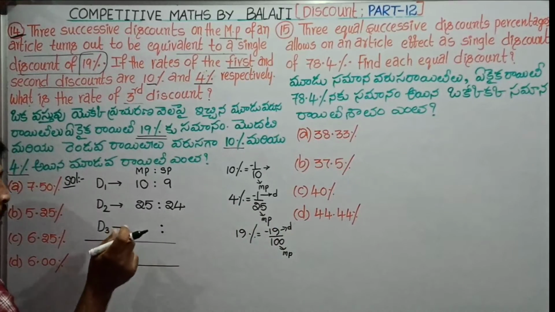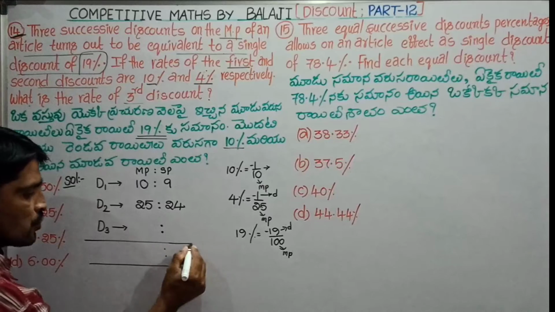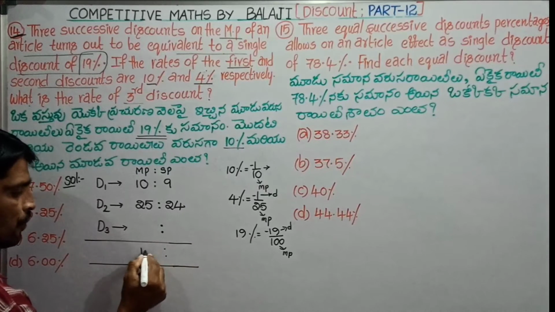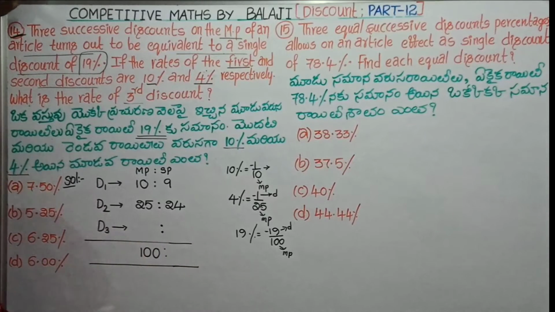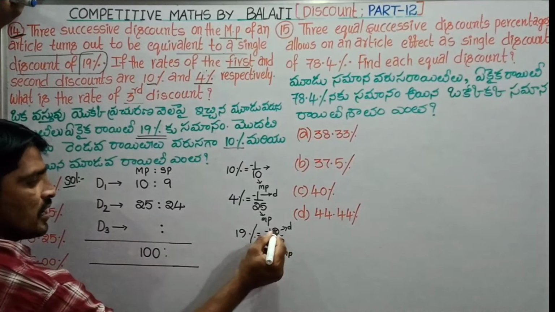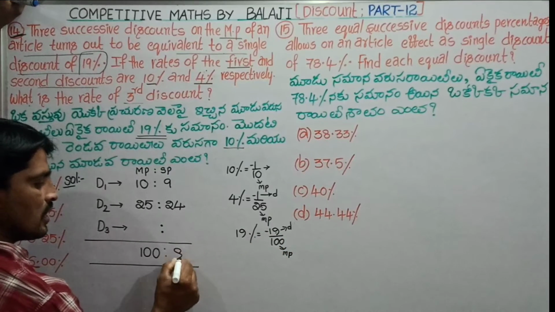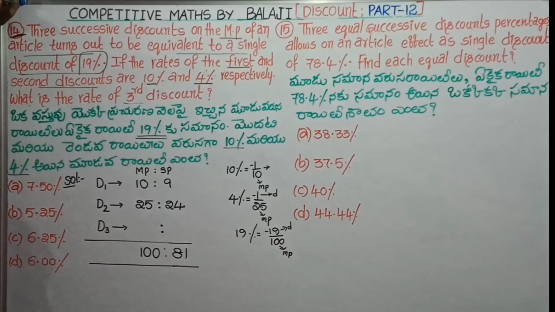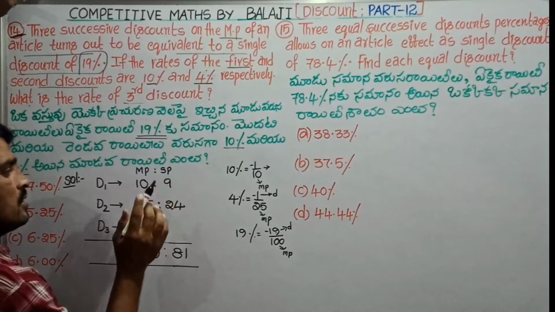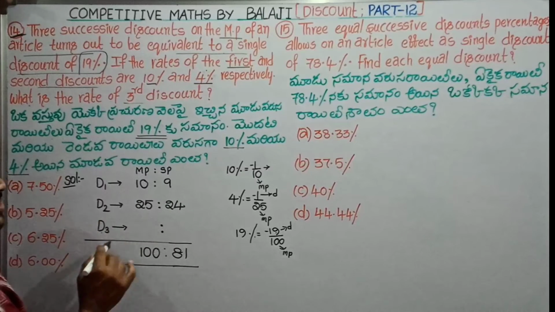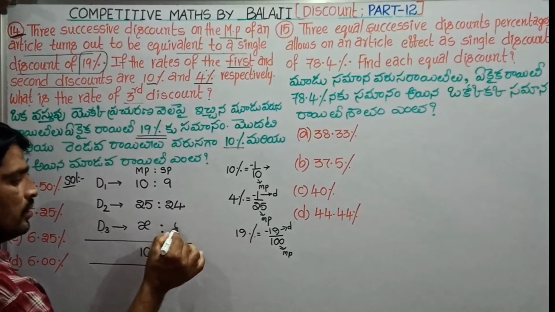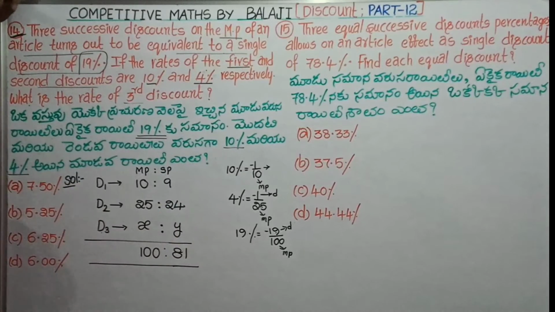So consider market price to selling price ratio. If 100 units are market price, selling price is 19 units less than the 100, that is 81 units. Suppose the ratio of market price to selling price when D3 is allowed be X is to Y. Then we have to find X is to Y value. X is to Y is given by the direct shortcut, that is